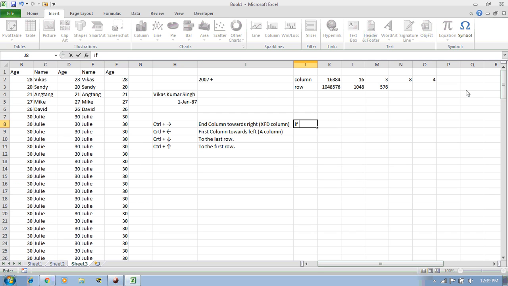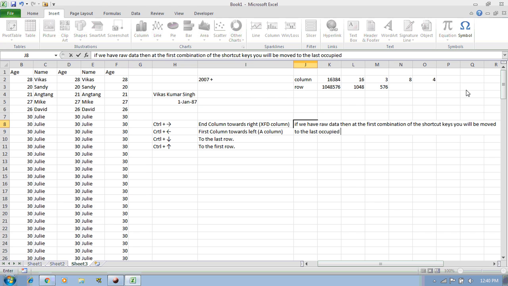So I would say, if we have raw data, then at the first combination of the shortcut keys, you will be moved to the last occupied column.